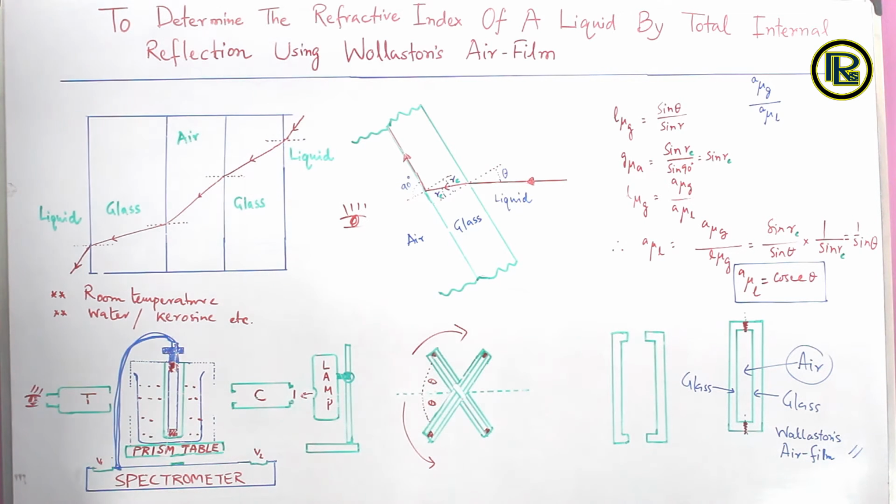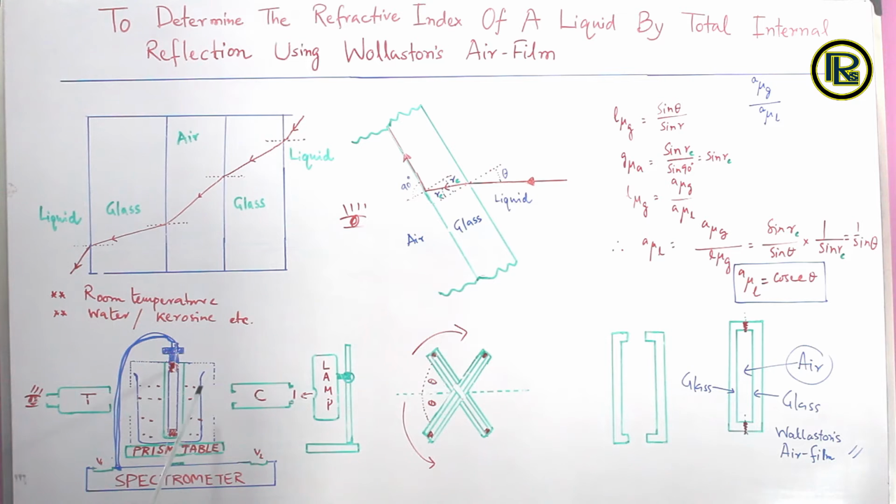Then we have to keep on rotating the air cell clockwise first, and we have to keep on rotating till the image of the slit of the collimator vanishes, and then we have to take another reading of V1 and V2. We have to take the difference of the two readings, then we will find this theta,